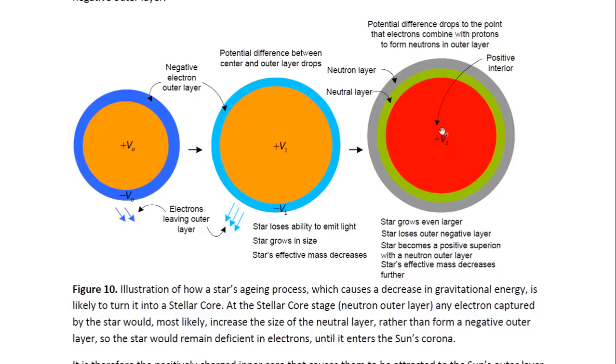It will still most likely maintain a positive core for a while, but it will be completely depleted in electrons. And as the potential decreases, the electrons will start moving inwards, so it becomes more neutral as well. And eventually the outer layer becomes completely neutral. There are no negative electrons there. So at this stage, it has become a stellar core. But it's a positive object, and it will be attracted to the negative outer layer of other stars or the